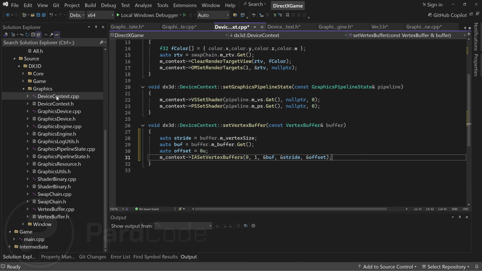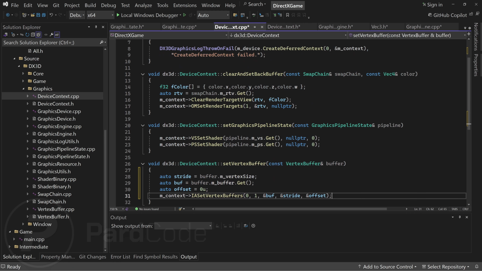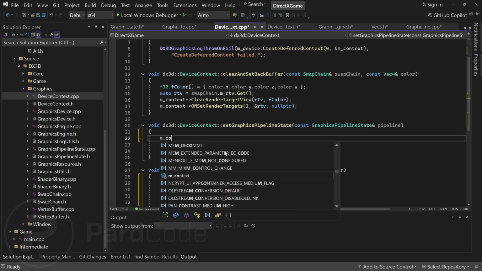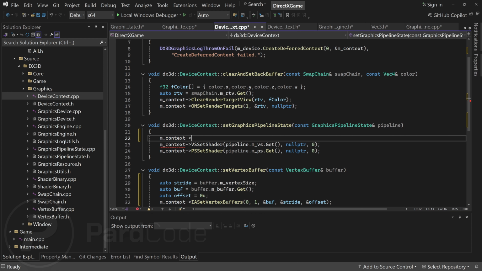With that done, we can now return to the device context C++ file. In the setGraphicsPipelineState method, we can finally bind the input layout we just created to the graphics pipeline by using